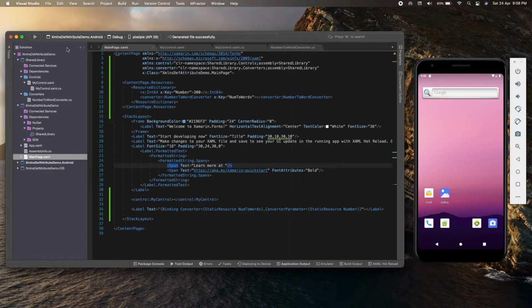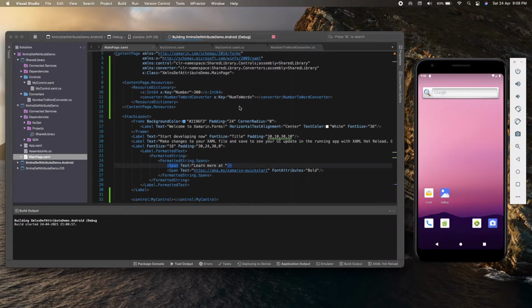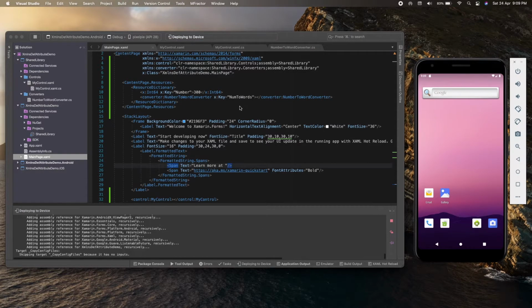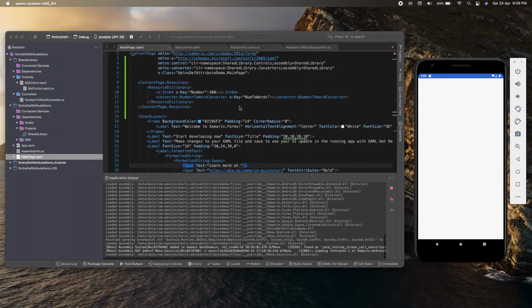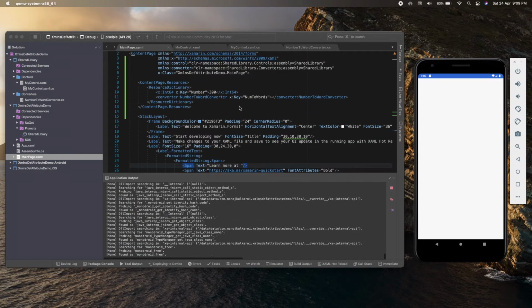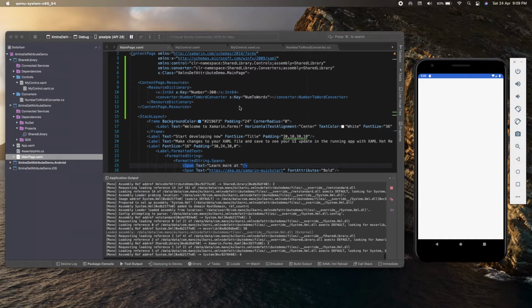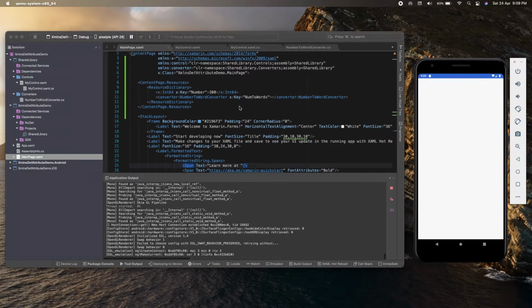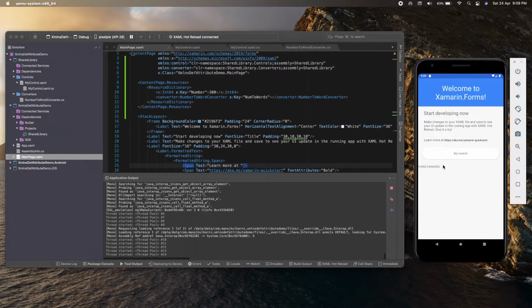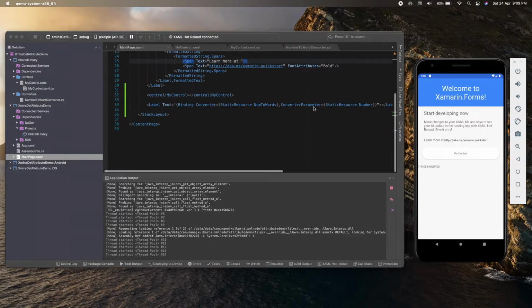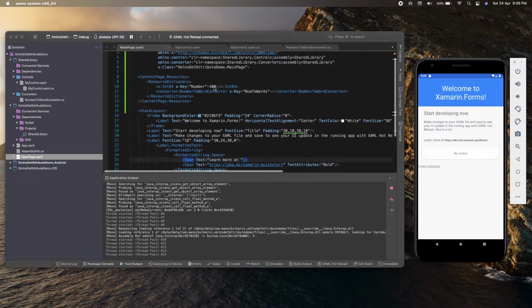So let me run the project so that we can see the output on the Android emulator. Yeah, we can see our control and the label output that we have added over here, that it converts this number 300 into the word format.